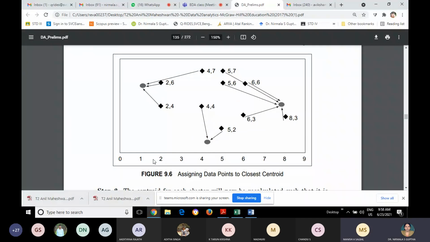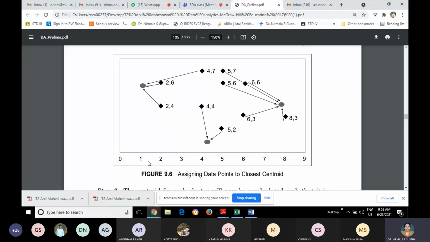Actually, it is not so near. Don't worry, I will conclude in the second step. This centroid may not be the correct centroid for the points we are pointing arrows to. But as step 1, I need to do that. So I have done it. Any doubt in step 1?